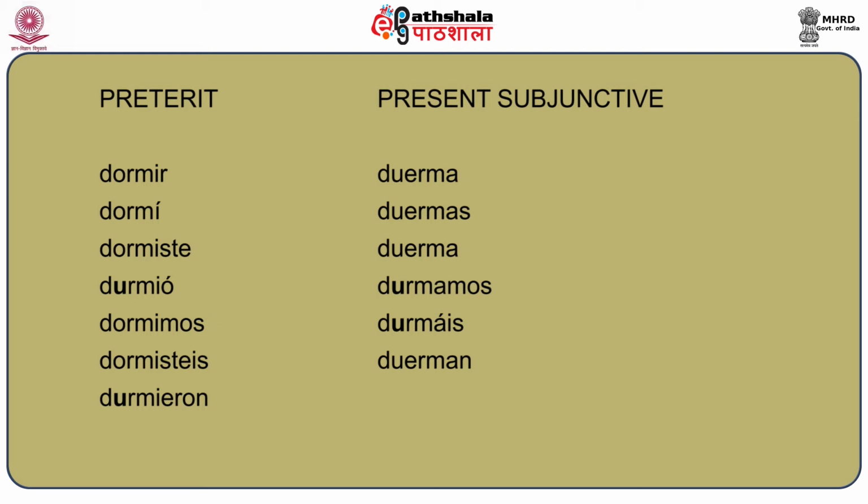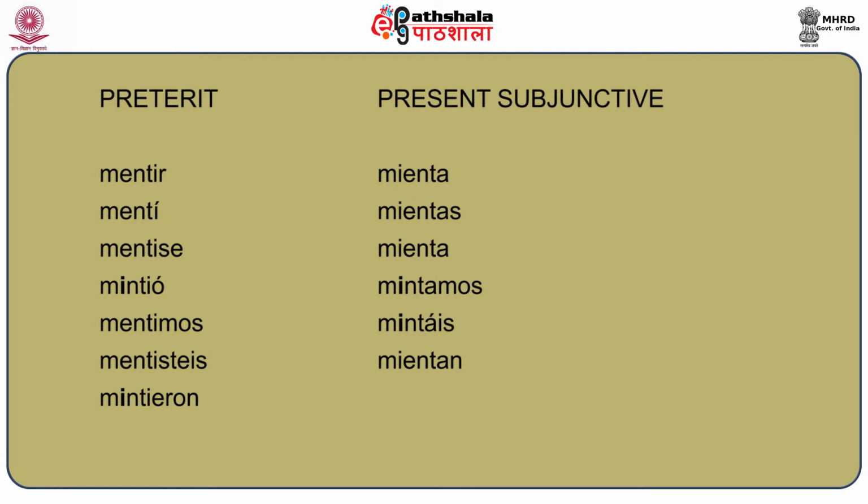These changes occur only in the case of the stem changing IR ending verbs and not in the AR and ER ending verbs. You may recall the third person singular and plural changes that occur in the preterite of stem changing verb mentir, and let us remember the conjugations in the past of the verb mentir. It is yo mentí, tú mentiste, él, ella, usted mintió,